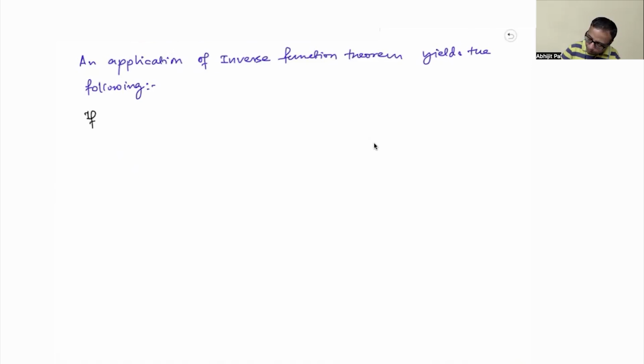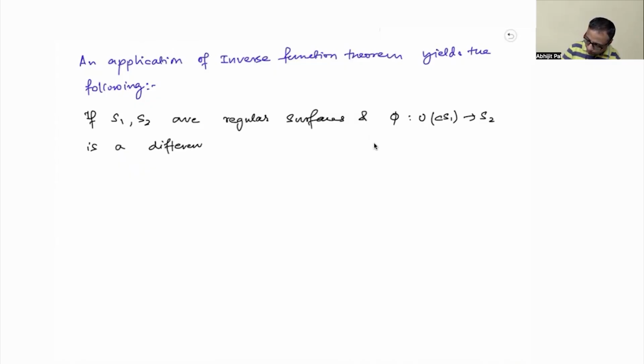So if S1, S2 are regular surfaces and phi is a differentiable map defined on an open subset U of S1,